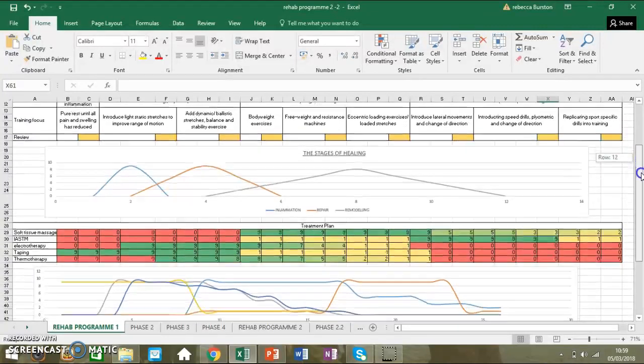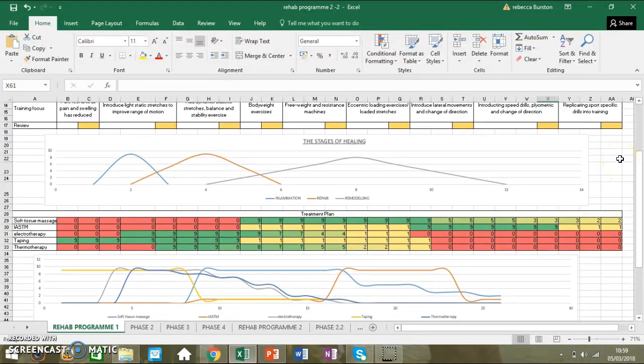So the next part of the spreadsheet is this kind of table, I guess, and it shows the treatment plan for the athlete, and it shows all the different treatment options that will be suitable for the athlete during his injury's recovery. So the colours and numbers show the priority order of the treatments at different points of the injury. So the first treatment that we're going to prioritise is taping,